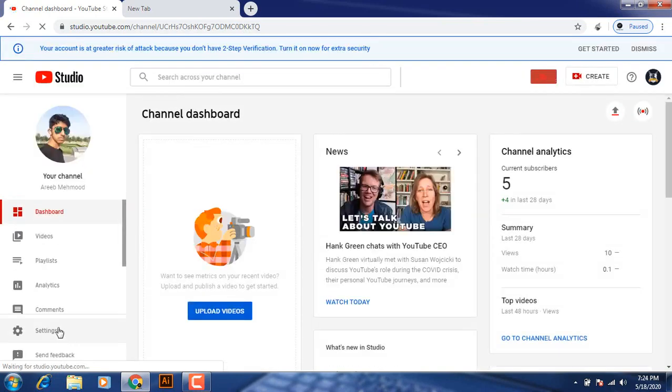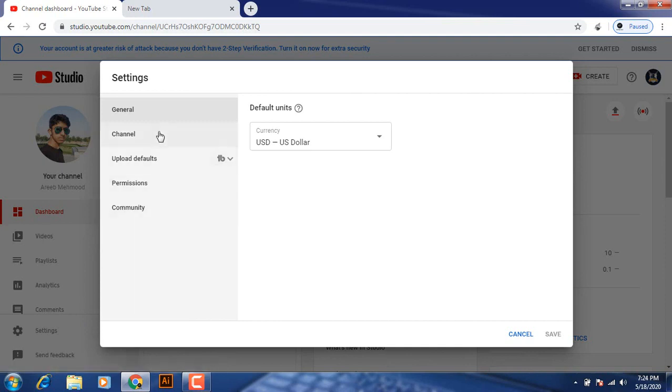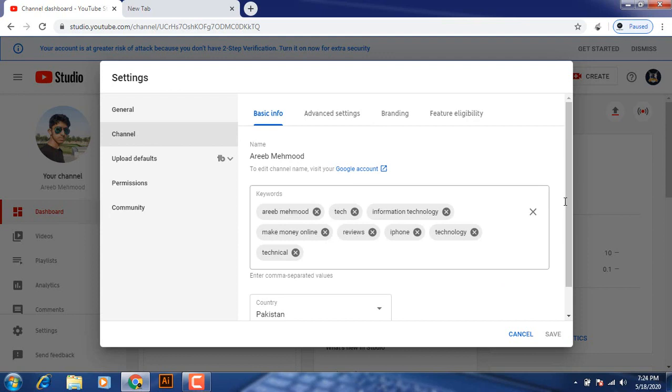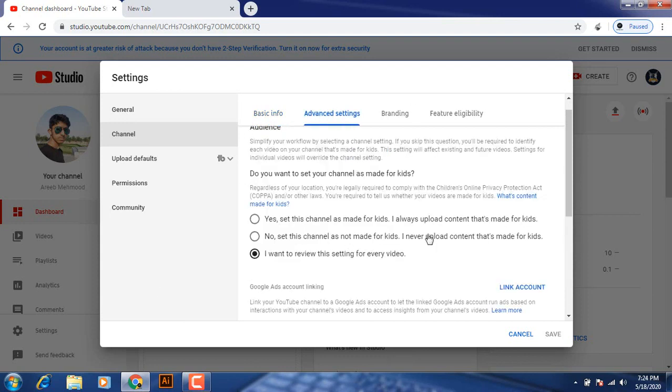So go to the YouTube Studio, and after it loads, the YouTube Studio will come. After you go to your YouTube Studio, simply click on Settings, go to your channel settings and write the tags of your channel. Like this I have written my tags, and also you can change the settings from the advanced settings, and